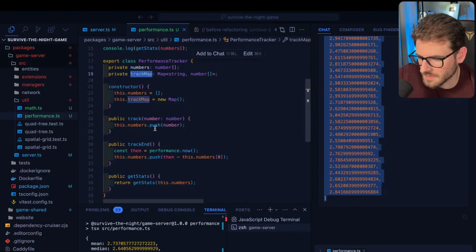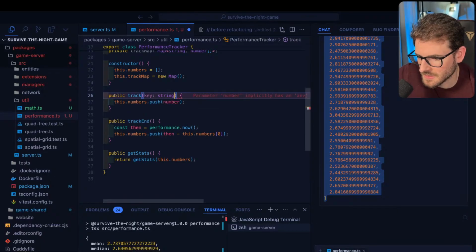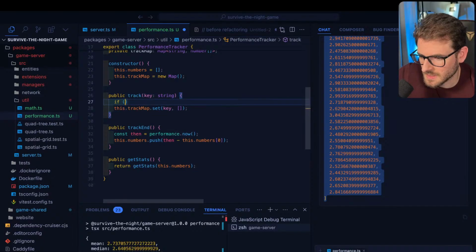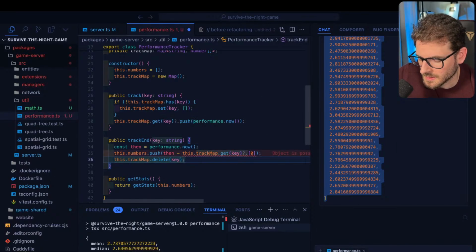I'm playing around with this idea of like, okay, I could actually just say track, taking a string or key, just like the performance now stuff. So we'll just track it by key, and then if there is no track match, you add it. Otherwise, you can do performance now, and then when you end it, you could say,